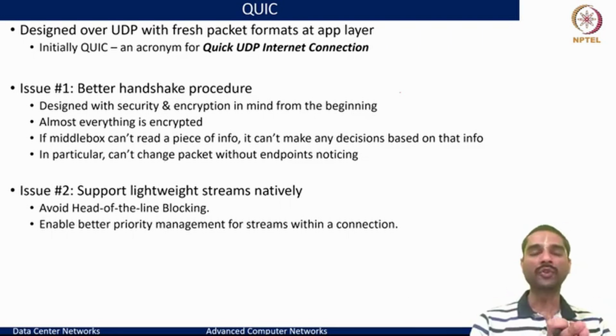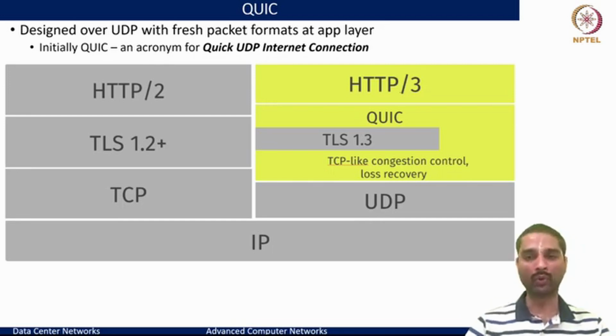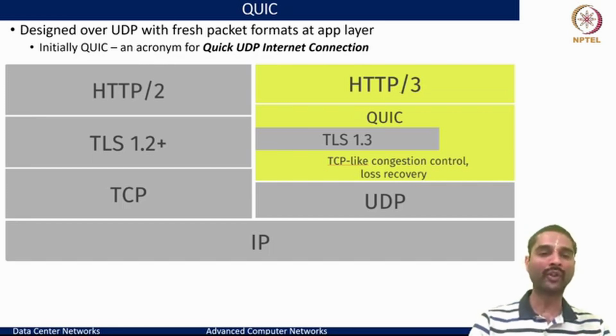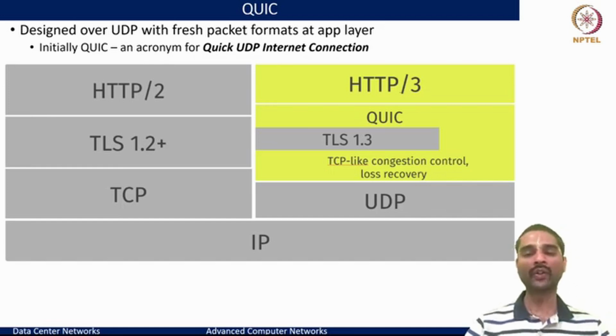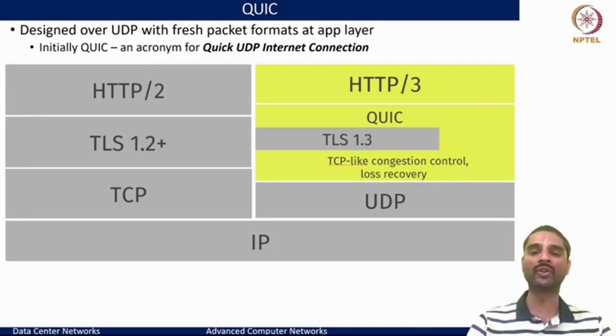Now if we saw the earlier stack, what we would see is you have TLS on top of TCP on the left-hand side here. And if we now want to support a newer protocol, we also had to ensure that we support TLS. But the TLS handshake is done only after the TCP handshake is done. And this TLS handshake, in a sense, ensures that there is a server that is listening for your connection and you could establish a connection. So you can see that the initial TCP handshake in essence becomes redundant if we are able to ensure the same with the TLS handshake.